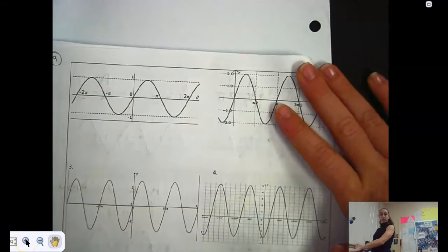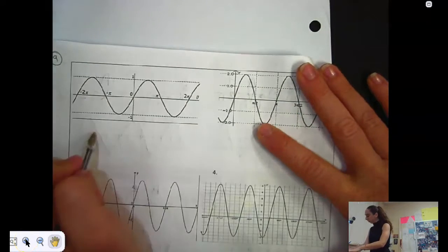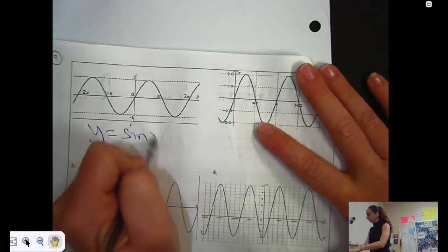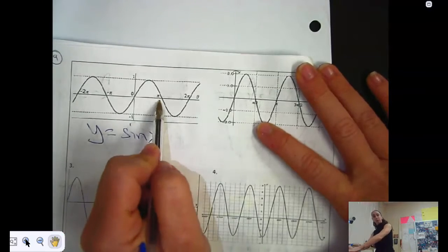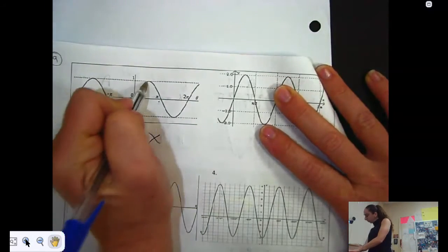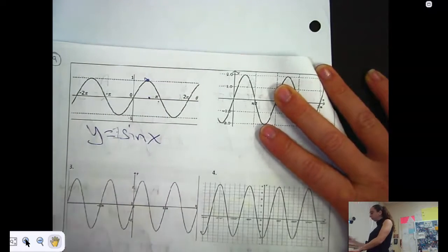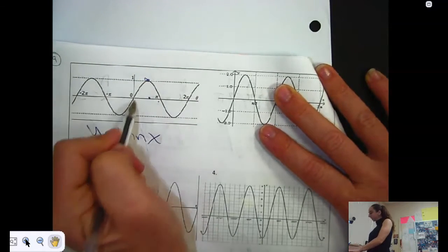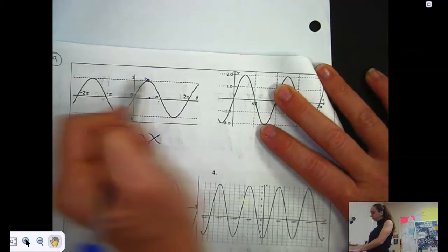This time they want the equations, okay? So I know that my parent is y equals sine x. And I'm doing x because it's in radian mode. So then I go, what's the amplitude? Let's see, top to middle, 1. Okay, so 1. Hump to hump, even though it starts in the middle, I like hump to hump